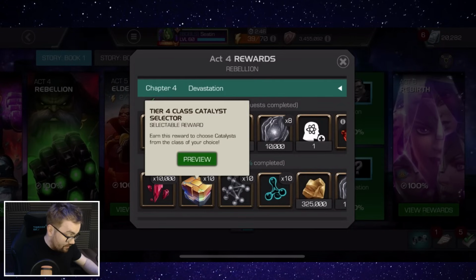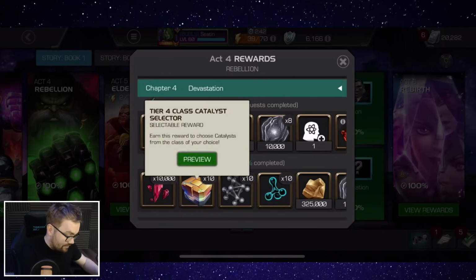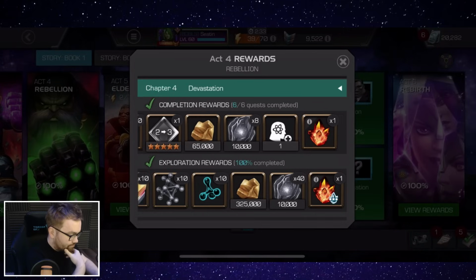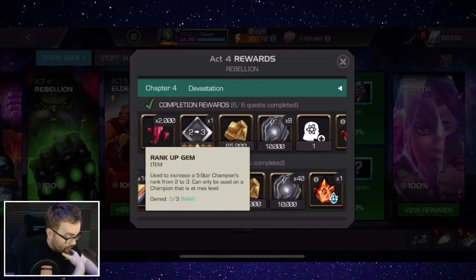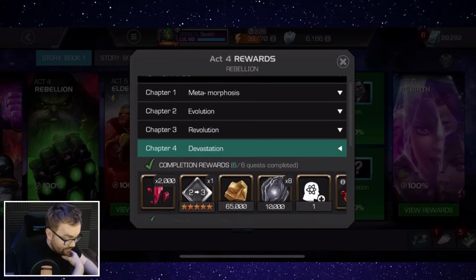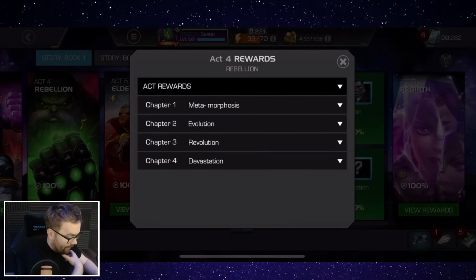And as you see in the later ones, you get like 10,000 5-star shards. The T4CC selectors, there's 10 of them. Just an absolutely massive stack of rewards. The speed at which you can properly deck out a 4-star roster is going to be pretty wild. And also getting the 5-star 2 to 3 gem on completion. There's just so much stuff for ranking up a couple of really good characters